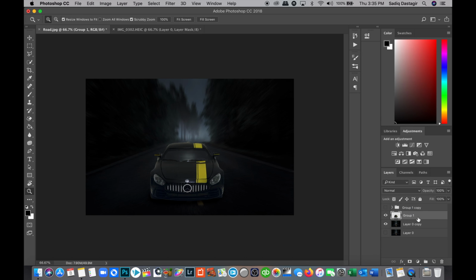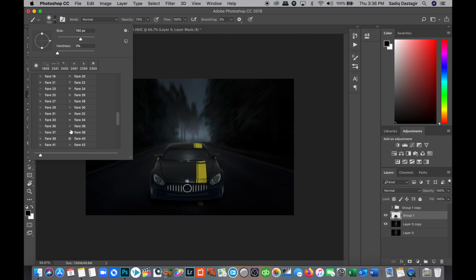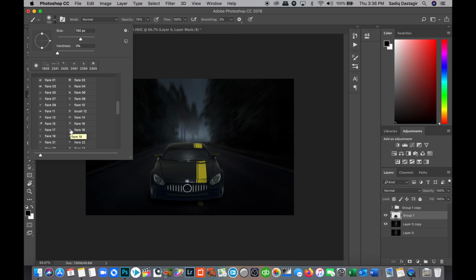Now what I'm going to do is, friends, add another layer of car. I'll tell you why. Okay, now let's do one thing. Before we do that, let's add lights to the car. We'll use the brush tool. We installed the flare brushes. I'll be sharing the link on how to install the brushes on top. It's not my own link, but it will help you to quickly install these brushes into Photoshop and start using them. Now I need to create a headlight effect.